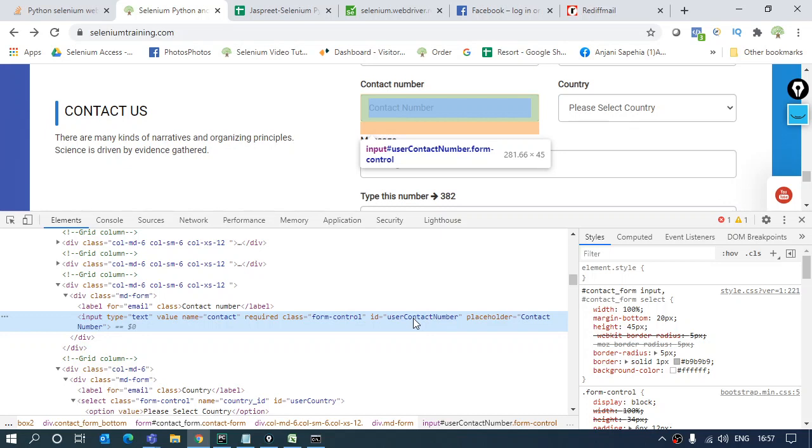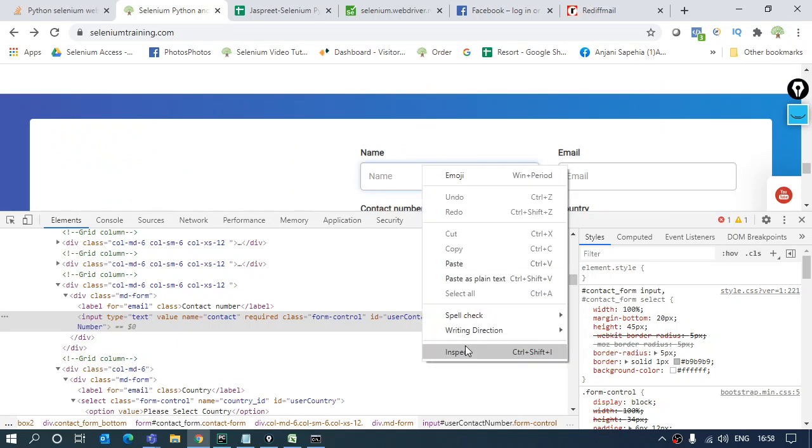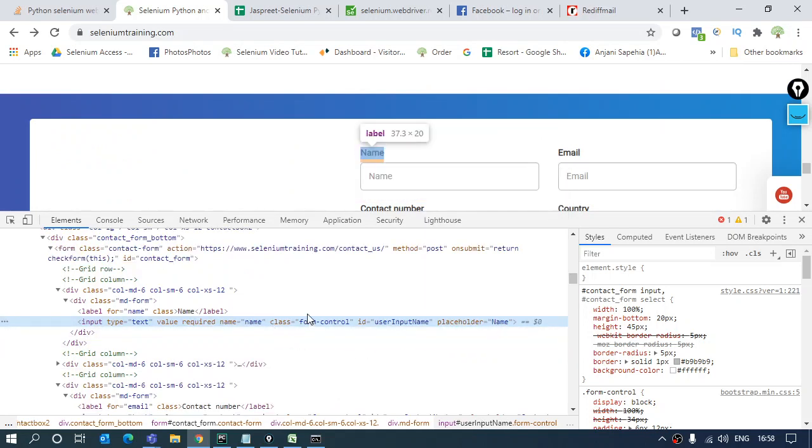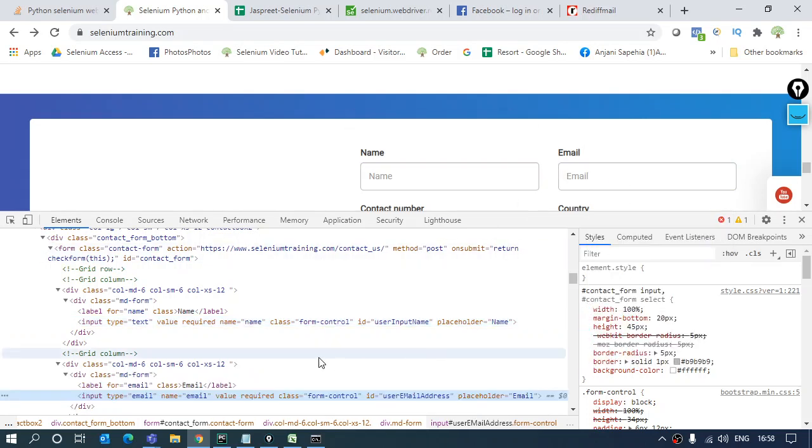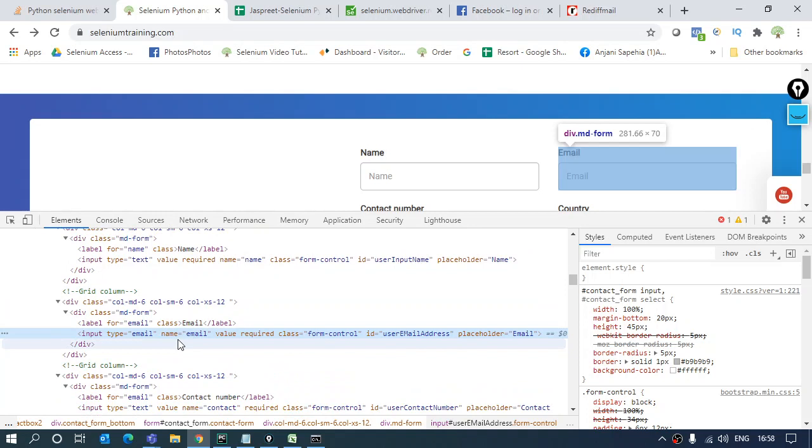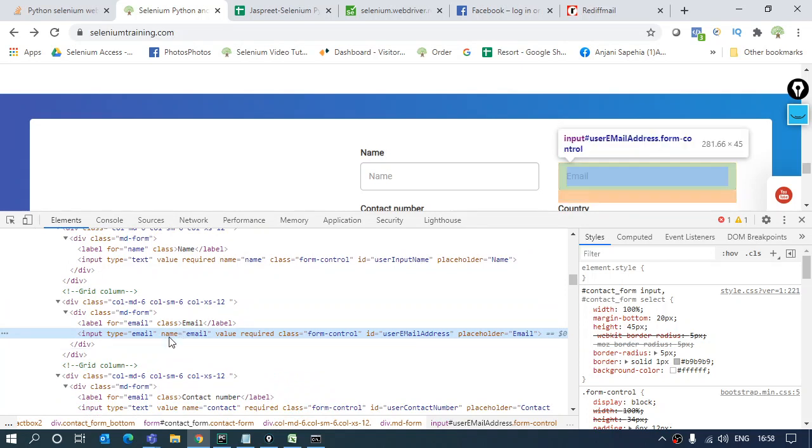So on that basis it's kept unique. The same way is the name attribute. Now if I look for name attribute, some of the elements have the name, it's not given over here, but over here this name is given, right? This name attribute, if this value email has been assigned to this text box, on the whole page none of the elements will have the same name as the value email.